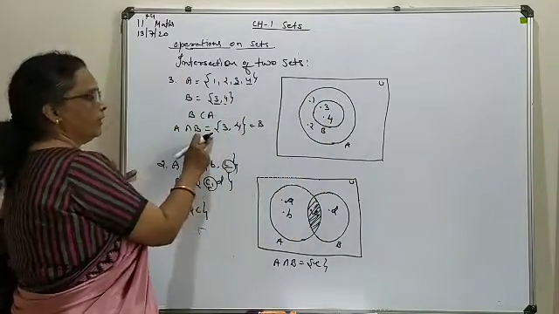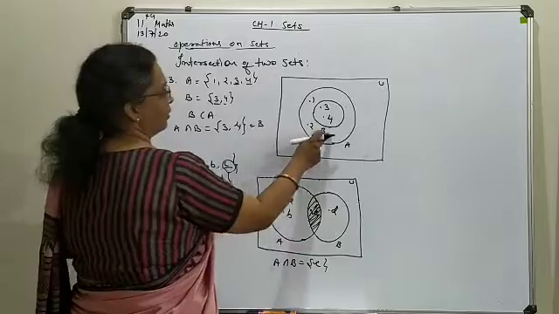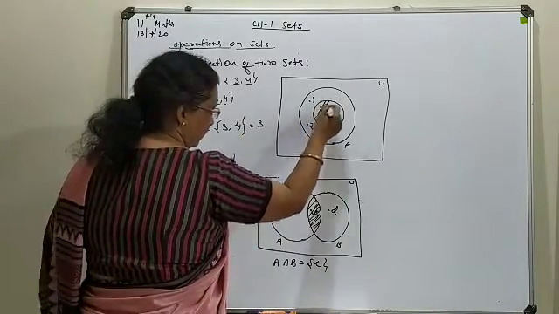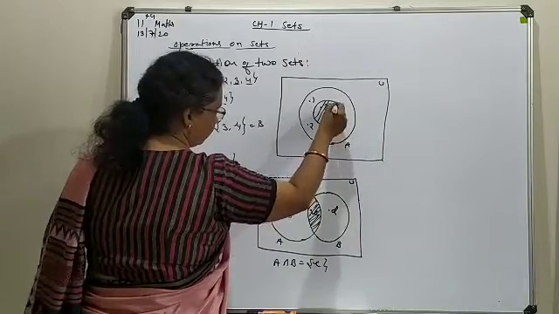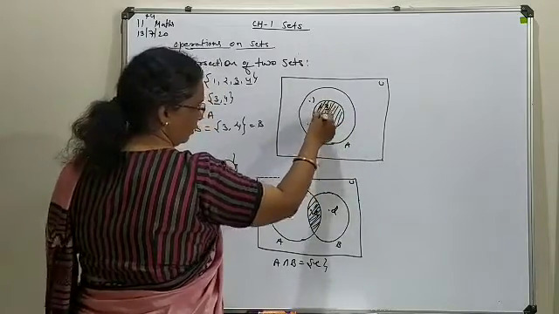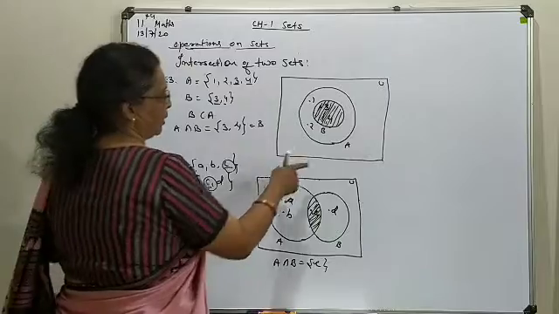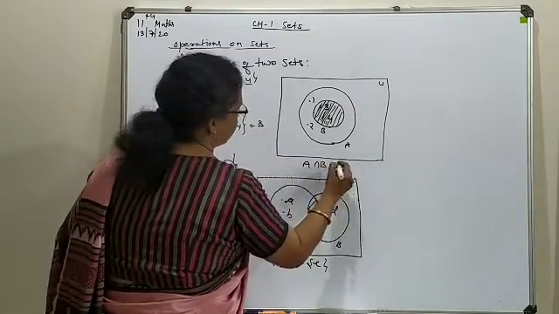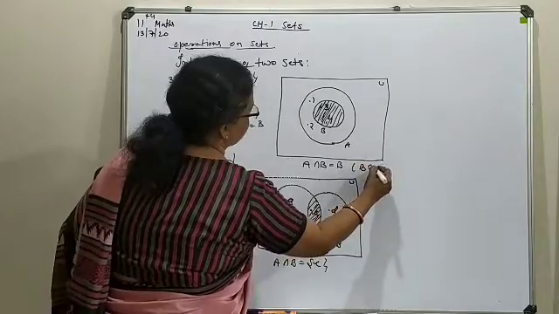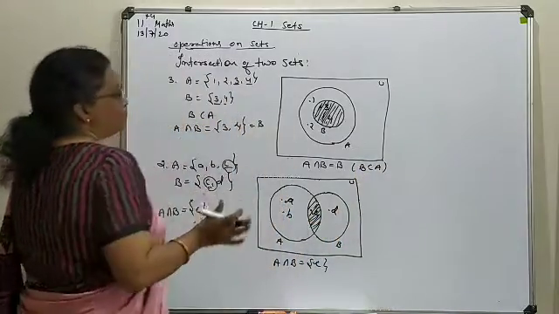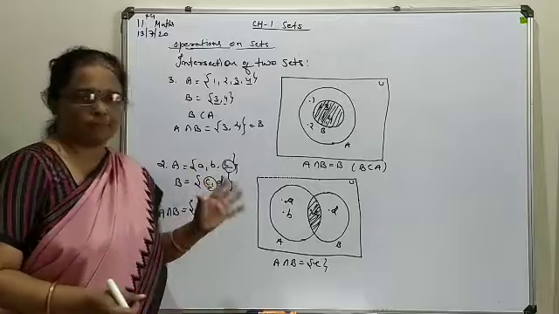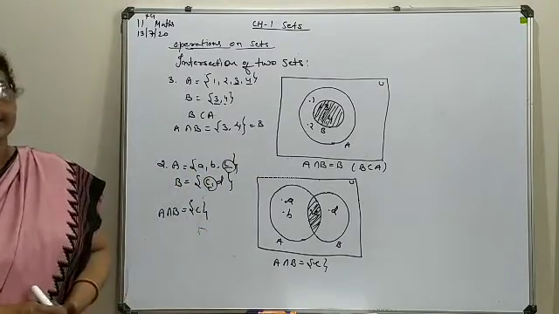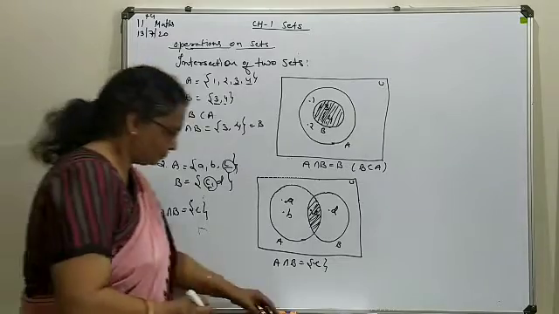As an answer we have evaluated 3 and 4. So 3 and 4, that means what? Set B. So inside the circle, this small circle, we will shade or color. So in this case, A intersection B you will write as B, as B is a subset of A. So this way, whatever link you have between the sets, accordingly intersections are to be listed out.